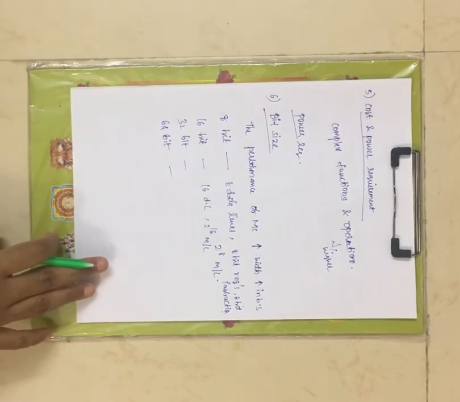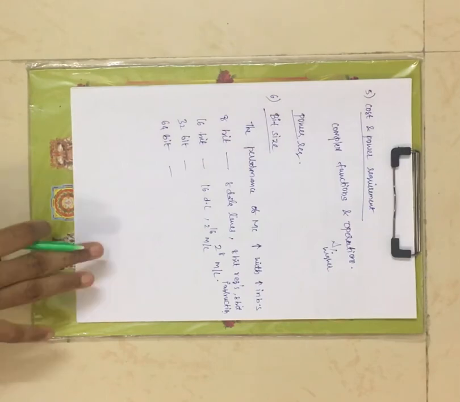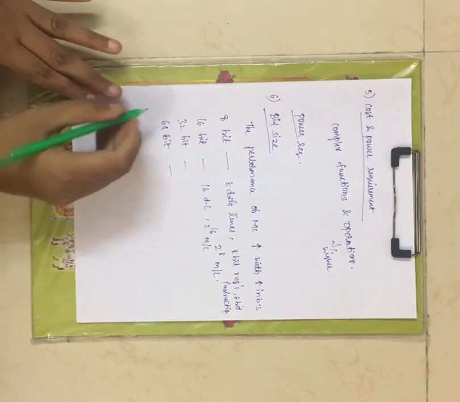Now here you have to choose a proper microcontroller. That means you have to know whether you require an 8-bit microcontroller, or a 16-bit, or 32-bit, or 64-bit. For a basic application of your project, you can simply go for 8-bit, right? Now if your application is large, you can go for 32 or 64-bit. If you are increasing the bit size, then automatically the performance of your microcontroller is also increasing. Now that is the 6th important factor in selection of the microcontroller.